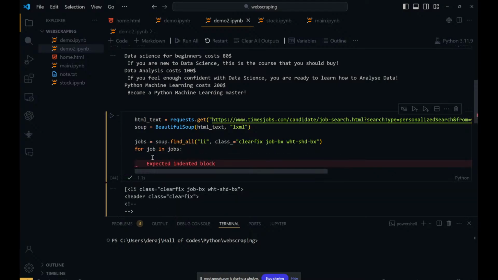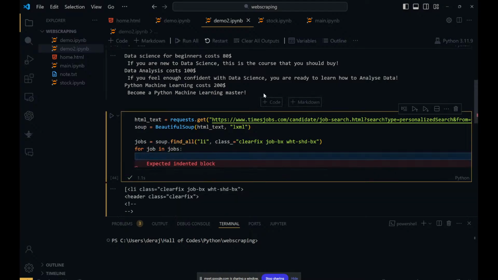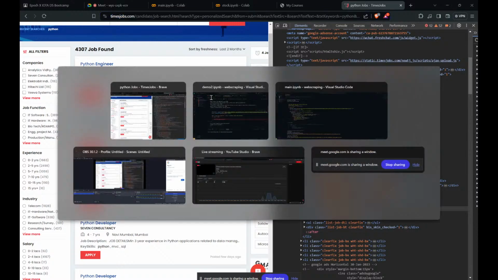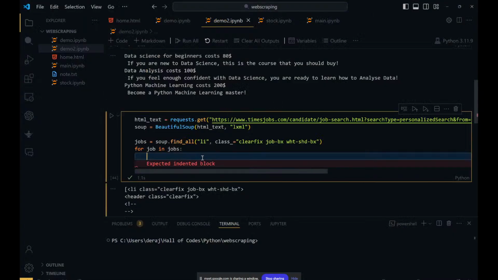Let's say you want all the jobs that were posted a few days ago. So if you notice that website, you have something called published few days ago. So we'll try to get the date first. Let's say we'll name it published date, and then we are finding